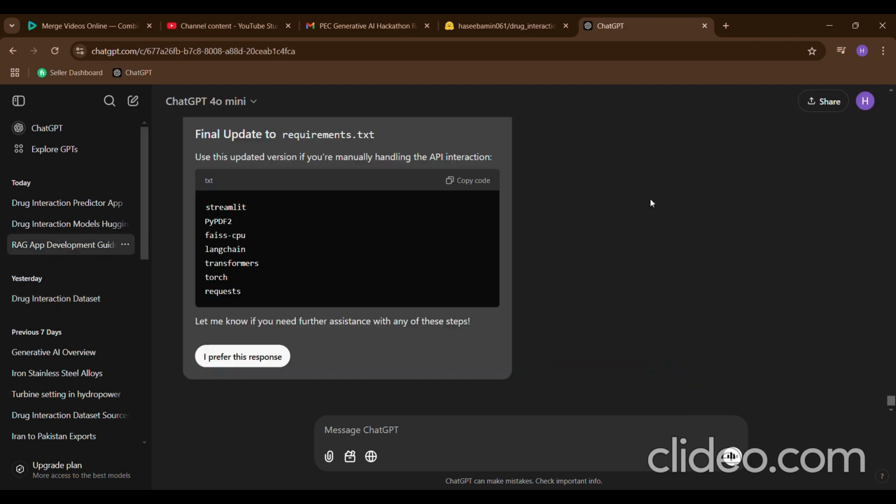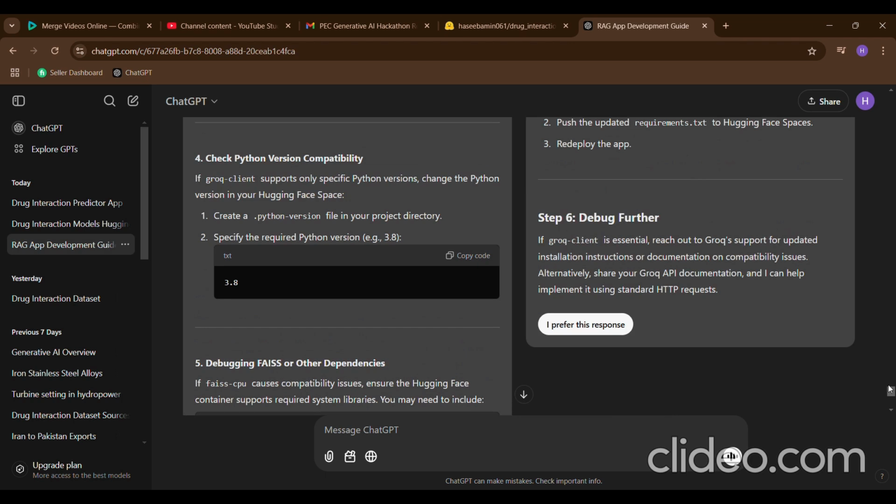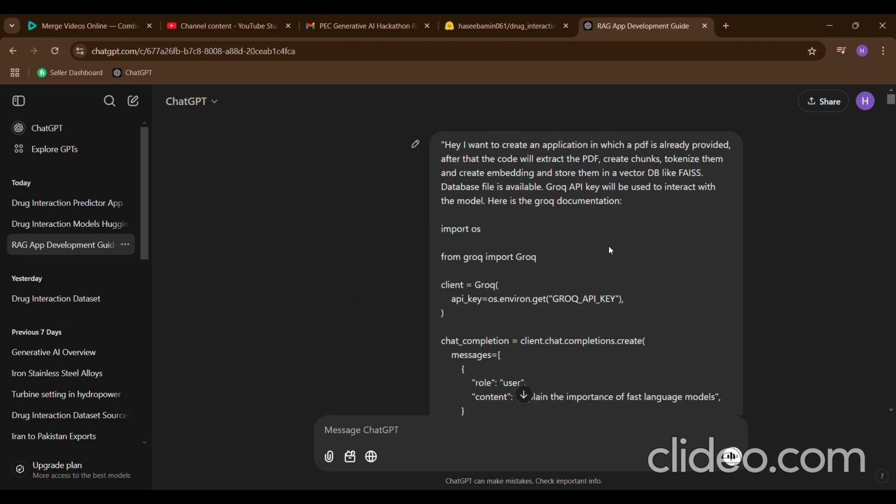So first of all, we try to build a RAG-based application. Here is the prompt. Here I want to create an application in which PDF is already provided. That PDF will be already created by ChatGPT using online sources, which has the names of drugs and their interactions. And the code will extract the PDF, create chunks, tokenize them, and create embedding and store them in a vector database. We also provided a Grok API